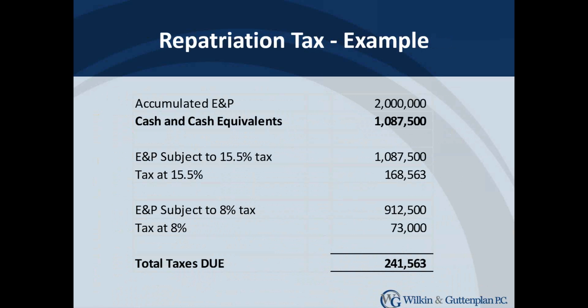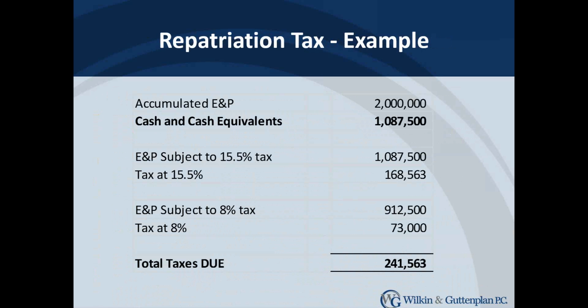Agreed. And just to go off on a tangent on New Jersey, one very real concern is that this $241,000 could be due all at once in New Jersey. Part of the thinking there is that technically what happens for federal purposes is you're recognizing the income of the $2 million accumulated E&P in 2017. You're just making an election for federal purposes to defer this tax. You're calculating the tax on a form that we haven't seen yet, of the $241,000, and then you're making an election to defer that tax.